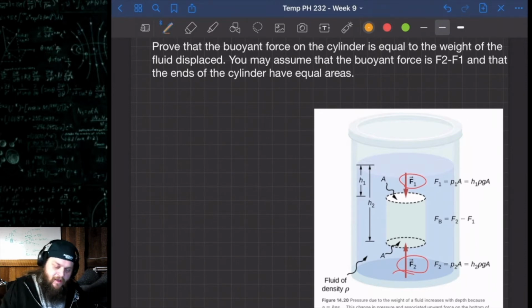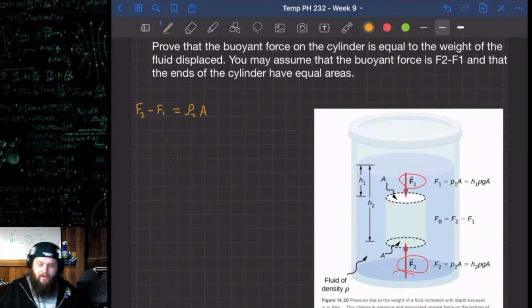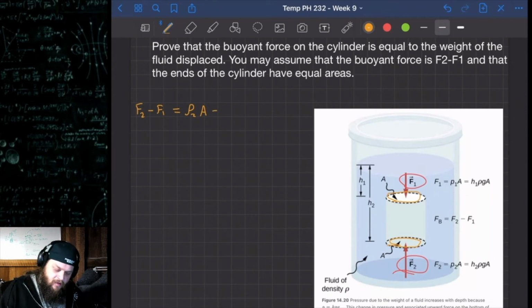So if we were to take those forces, we say that force 2 minus force 1 is going to be equal to the density at 2 times the area. In this case, the area is the same, just here and here, they're both equal to each other, minus the density at point 1, the density at the top and the density at the bottom,